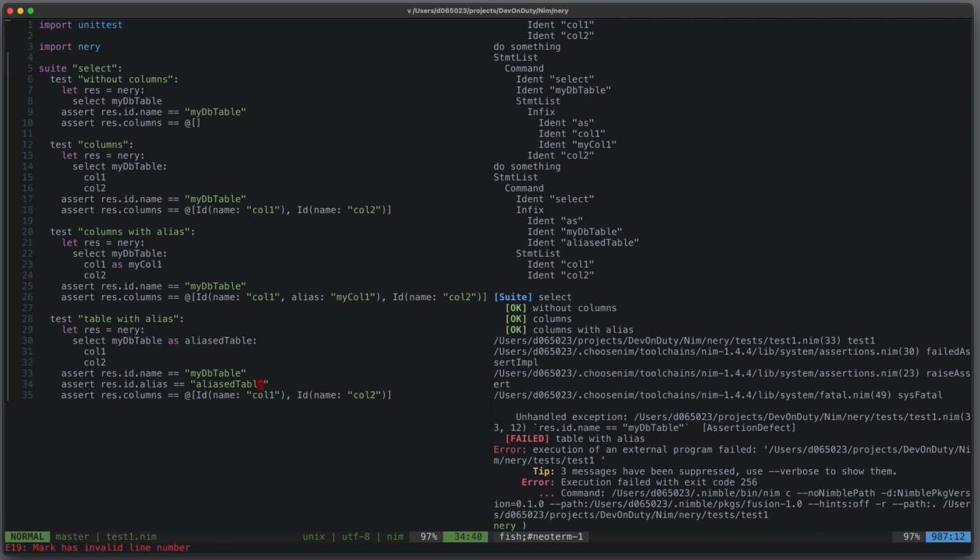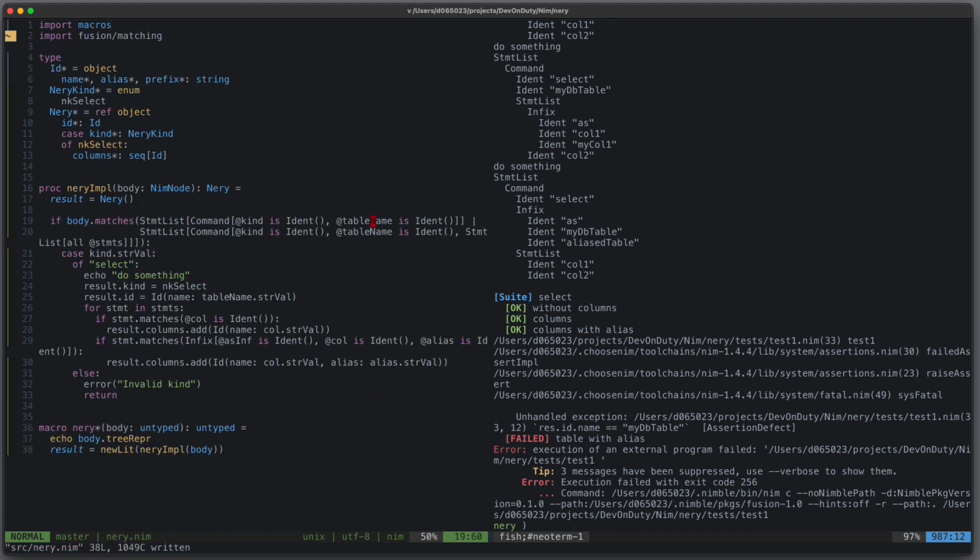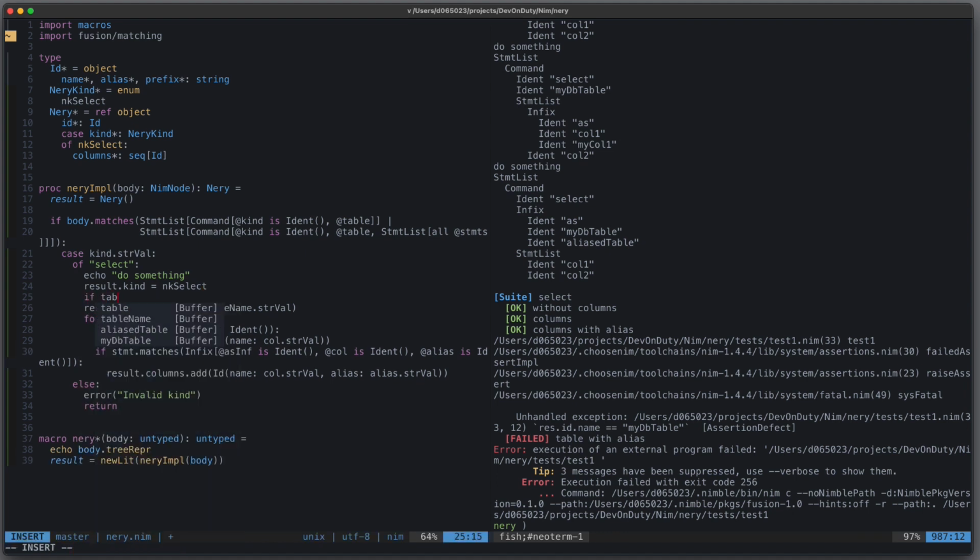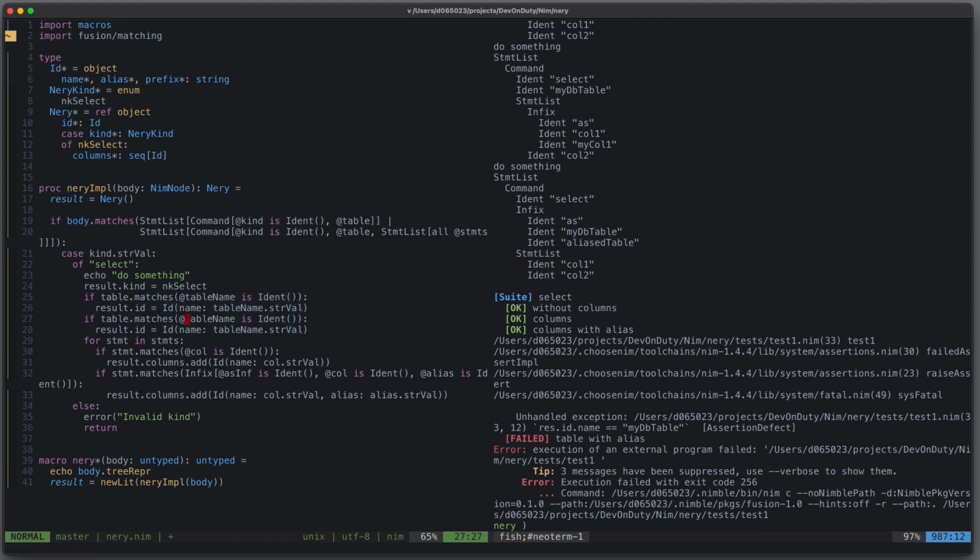Now we have to adjust our matching logic. So as you could see, table name is not just an ident, it can also be an infix. So let's just abstract this away and just call this table. And now we have to match table, so we can just write if table matches, and the first one would be an ident. So we just say table name is ident, then we have the table name, and otherwise if table matches, and now this infix, so we just write infix,